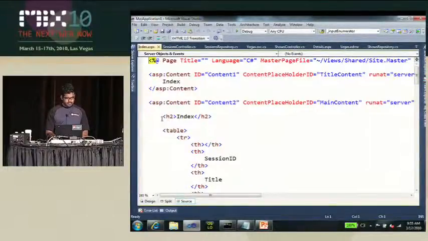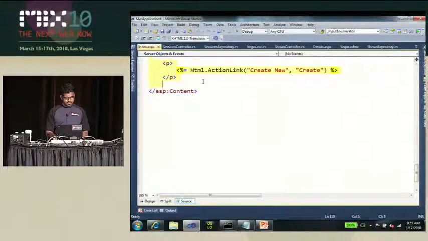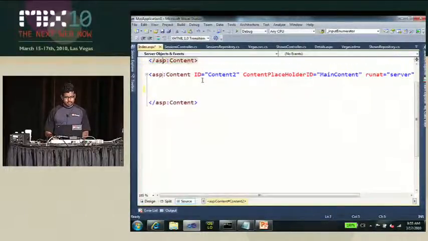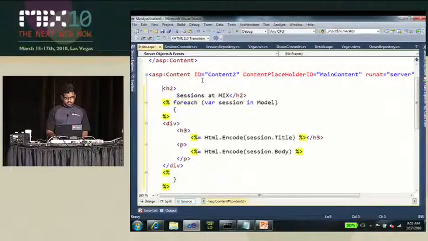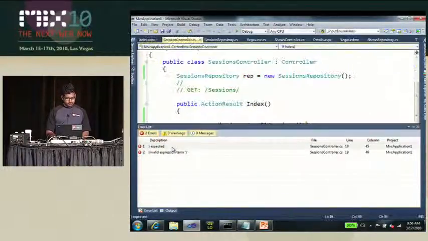We'll click Add. And then let's actually get rid of the scaffolding in here. This one's a little bigger just because session has more properties than the show that we looked at earlier. And I'll use my snippet. All this is doing is printing a heading. It's spinning through the model. And for each session, it's printing a title and the body element, which contains the